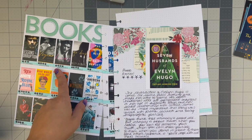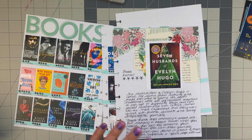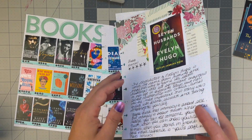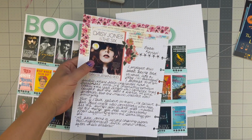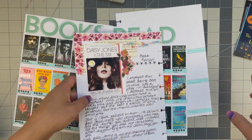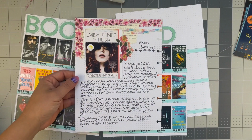Then you saw me make these two spreads. These aren't from here. These are just the books I wanted to start off with because they were my favorites from last year, and I wanted to have them already in my notebook. These were my top two, but I had 5 top books. I can probably print them out too because I didn't have them ready, but I definitely wanted these in there